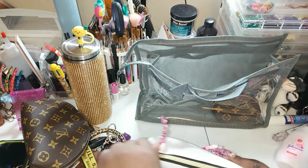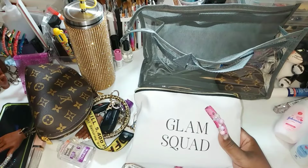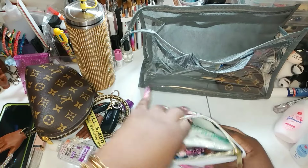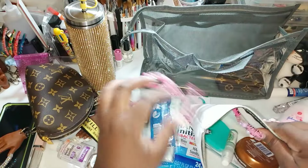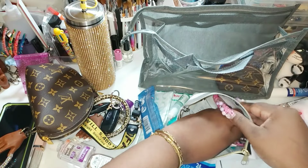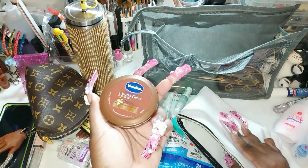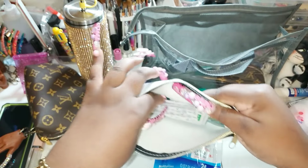Let's look in here. This Glam Squad, I got this from Dollar Tree. So what's in here is, just gonna take it out. More breath spray. We got this Vaseline Cocoa Glow body cream. I got this from Dollar Tree also. And we got some Band-Aids,